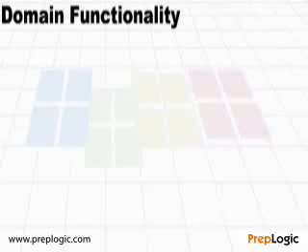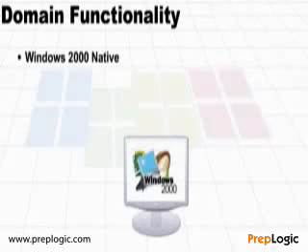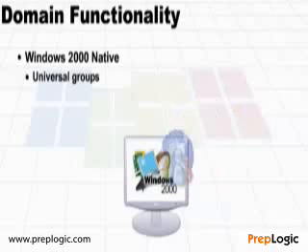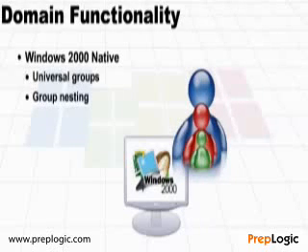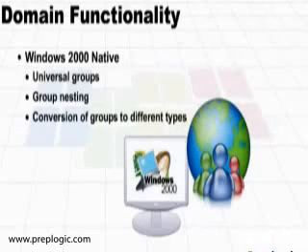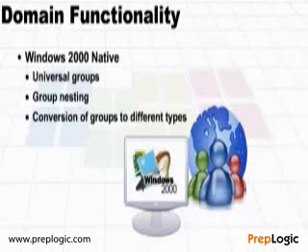Well, let's take a look at what we get if we're running Windows 2000 native as our functional level. At that point, we basically are in a good old Windows 2000 Active Directory environment. We have the ability to use universal groups, which allow us to bring together different groups from different domains throughout our entire forest. We can do group nesting. Group nesting was a new feature with Windows 2000 that we could not do in Windows NT 4. We can convert groups from one type to another type. We can go from global to universal, domain local to universal, whatever the case may be,